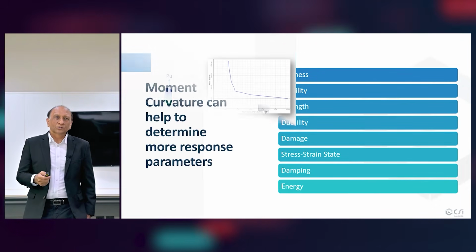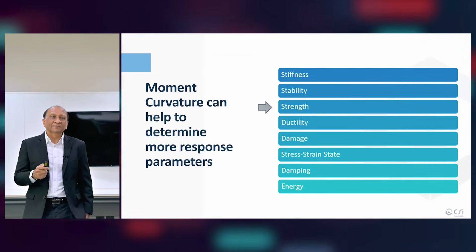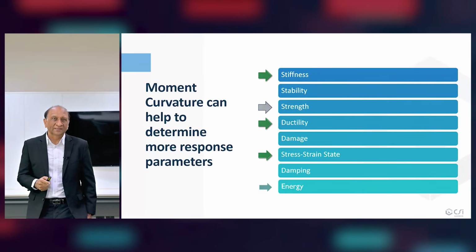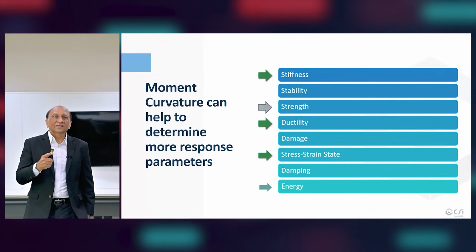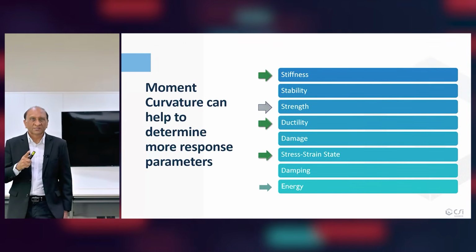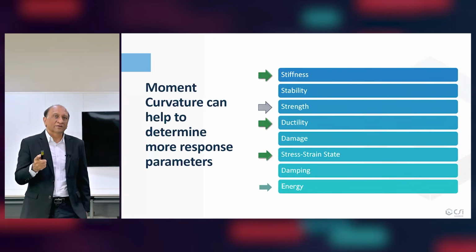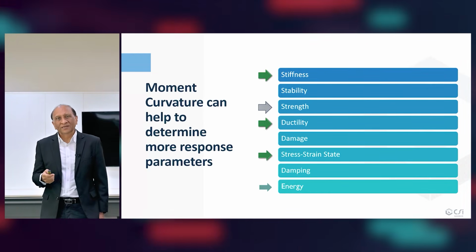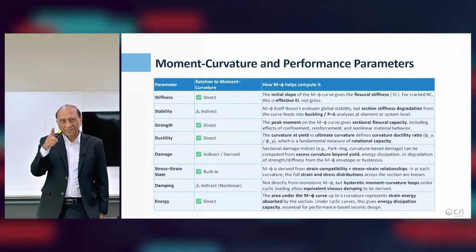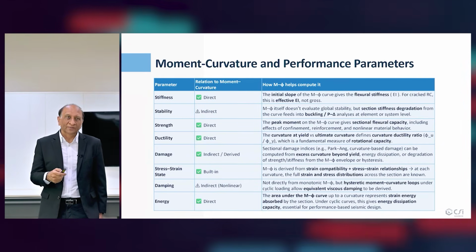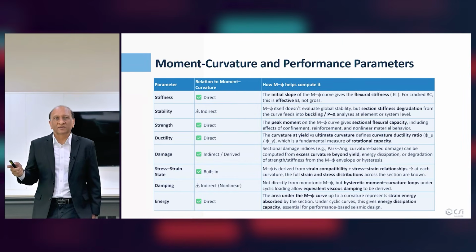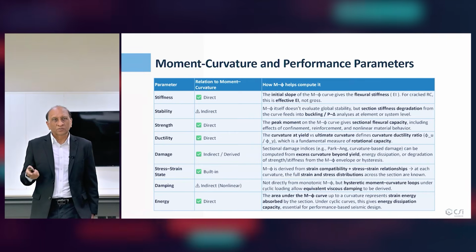angles of bending. So now, moment curvature can help to determine more response parameters, because it can help to determine almost all the parameters on this list. Not only strength, which can also be determined from moment curvature, because it is the moment at the yield point, which is the strength. So you can see now that moment curvature has given us the capability to get more insight into the structure. Almost all items can now be computed directly or indirectly using moment curvature and its derivations, for example, rotation and